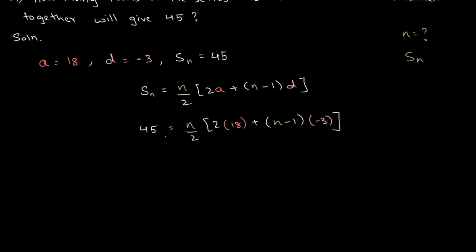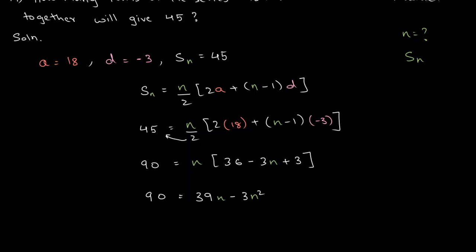Let's simplify this a little. Let's take the 2 from the right hand side to the left hand side, so it becomes multiplication. So 2 into 45 is 90. This is equal to n outside, and inside the bracket, 2 into 18 is 36. Minus 3 into n is minus 3n, and minus 3 into minus 1 is plus 3, so plus 3, right? Again, expanding this into the bracket, so 90 equals 36 plus 3 is 39, and then with the n over here, that becomes 39n, and minus 3n into n will make it minus 3n